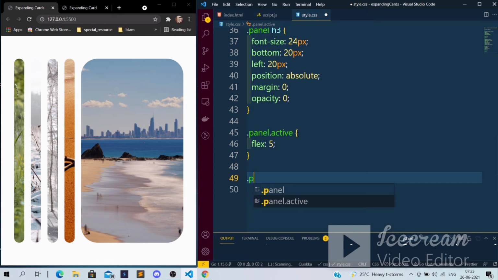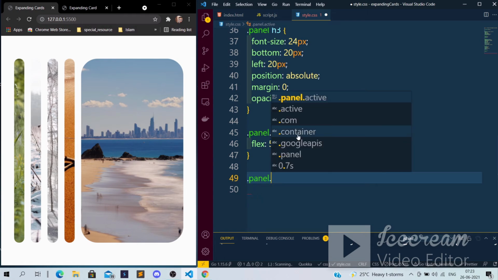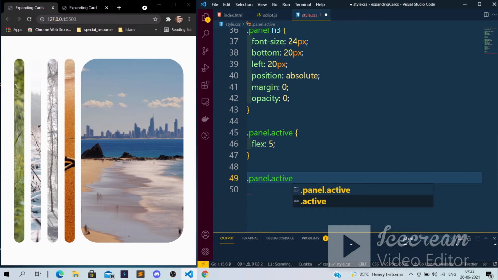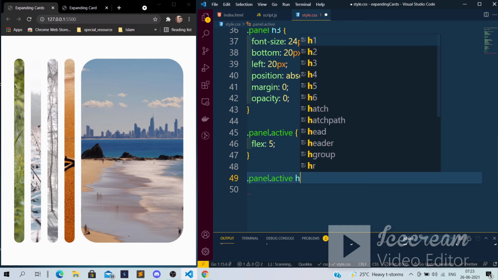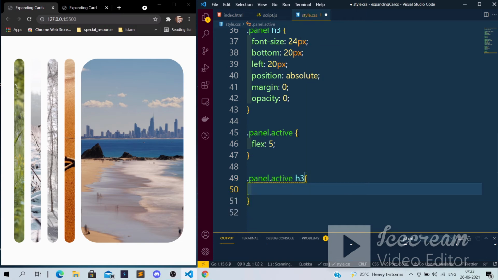And then I want to apply the CSS on the h3 that we have. If there is an active class in the panel, as you know, we have the h3 inside that, but as of now I have given opacity 0, that's why we are not able to see it. But I want to see it when the cards expand. When the card is in shrink mode, I don't want to see the h3 value.